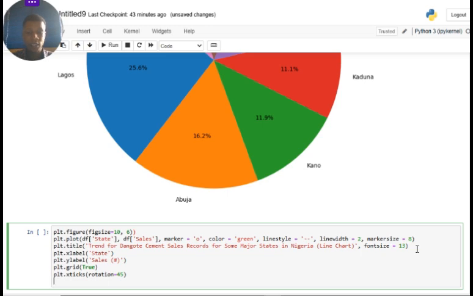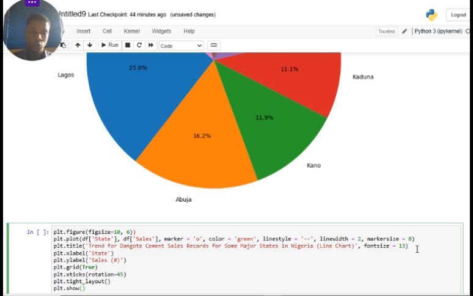Then the one after that, the grid. We are going to add the title layout. And this time around, this one is going to be what? Empty, no value. Don't forget, we have added grid, we have added x-tick, we have added title layout. So now the next thing is for us to execute this program. And don't forget, we have to type plt.show so that this